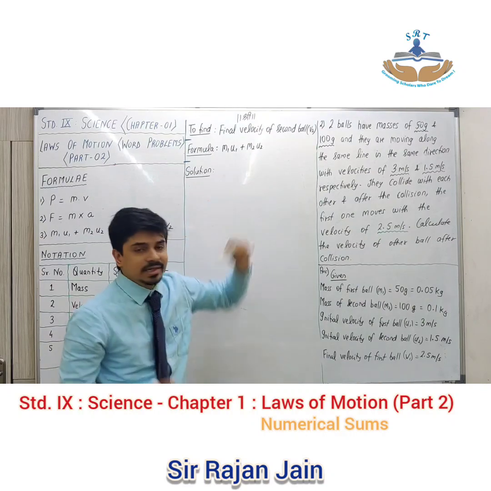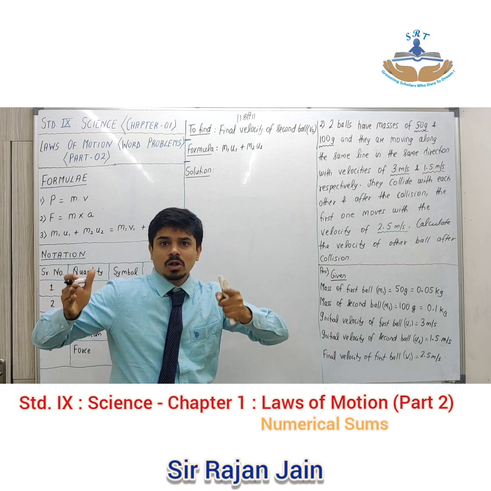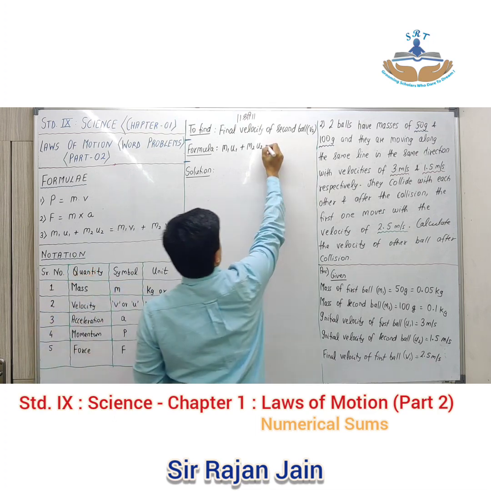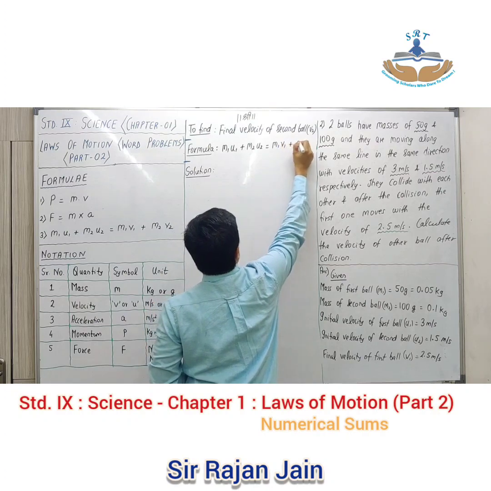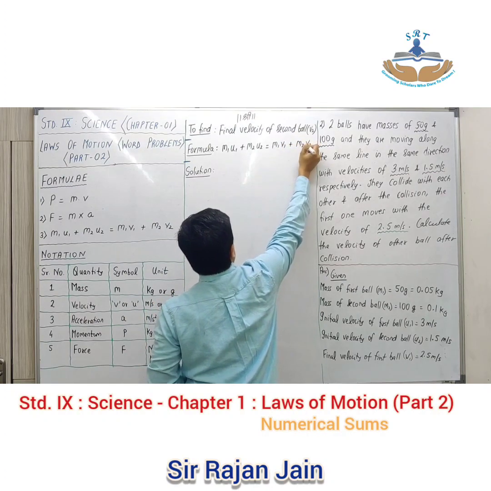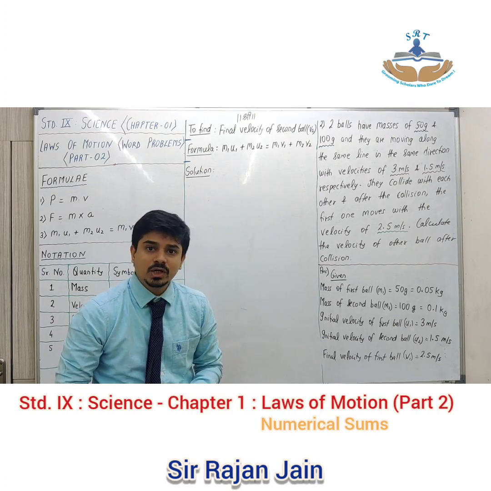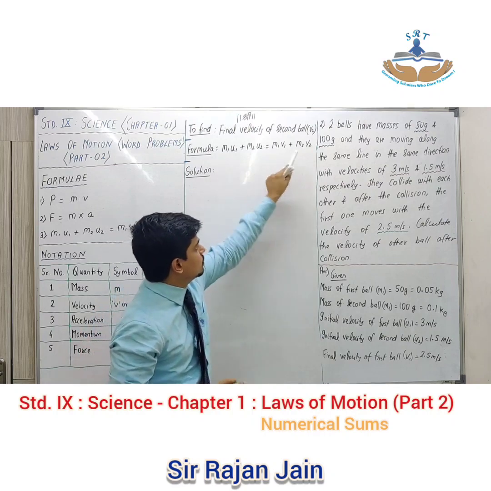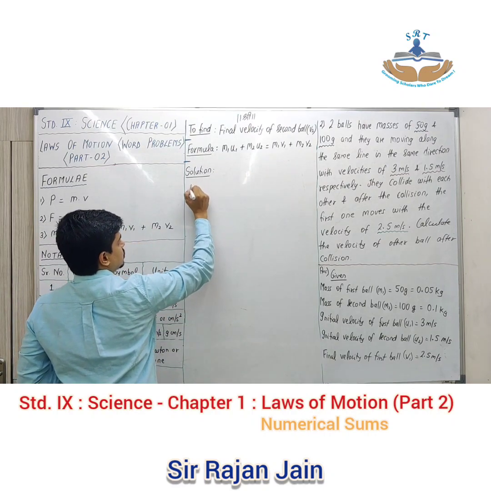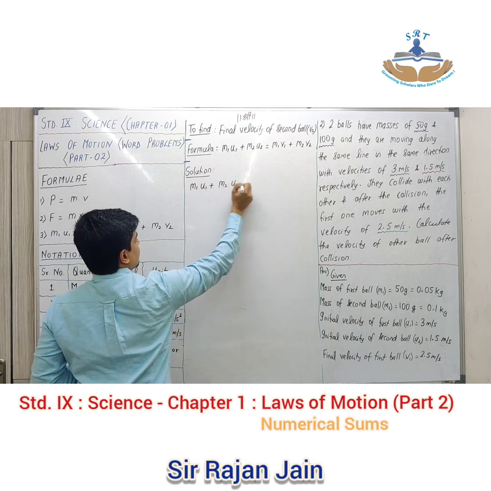अगर मैं add करेगा, can I say it is the total initial momentum of the two balls collectively? That should be equal to total final momentum. So m1 v1 plus m2 v2. V stands for final velocity, and in case of final momentum we make use of final velocity. Okay, तो ये आप लोगों का formula हो गया. अभी solution में first you have to repeat the formula.